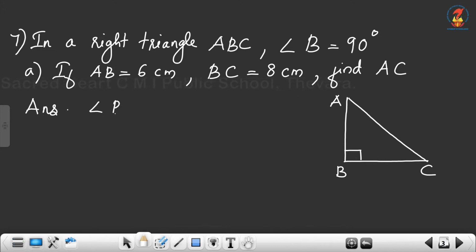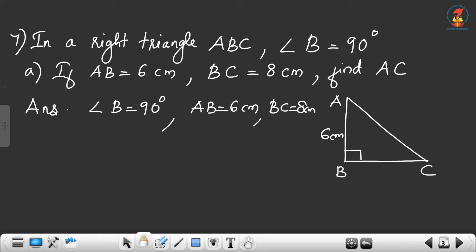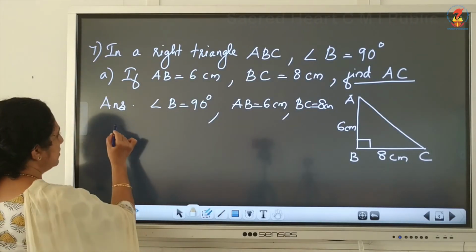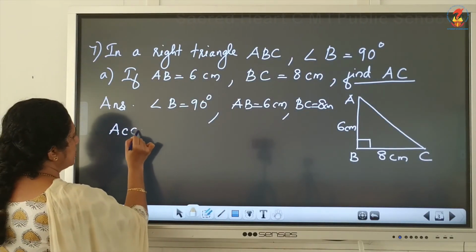Here angle B is equal to 90 degrees, AB equal to 6 centimeters and BC equal to 8 centimeters. We can mark AB as 6 centimeters, then BC as 8 centimeters. Find AC, that means we have to find the length of the hypotenuse. Then according to Pythagoras theorem,